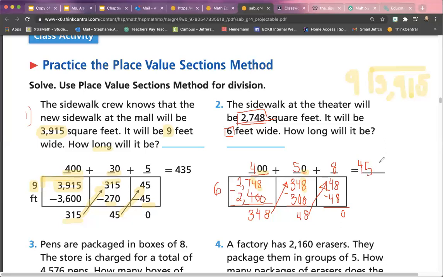How many of you guys like this way? I feel like it's kind of nice. I do. Okay, good. I think it's a little more comfortable just because you guys have done this already with area model. And again, see the relationship. 6 times 400, 2,400, right here. 6 times 50, 300, it's right here. 6 times 8 is 48, it's right here. It's so similar. So what your job is today is you have